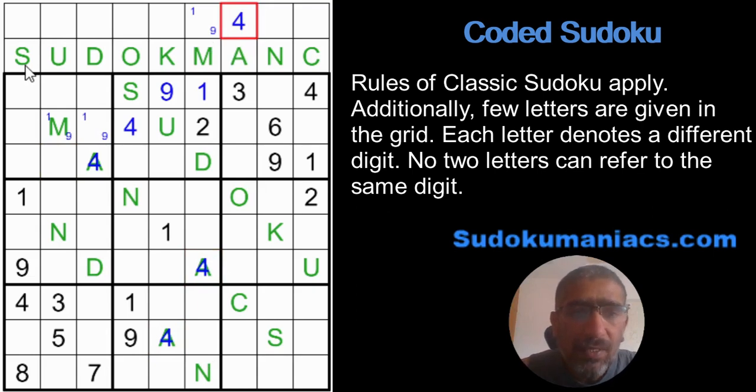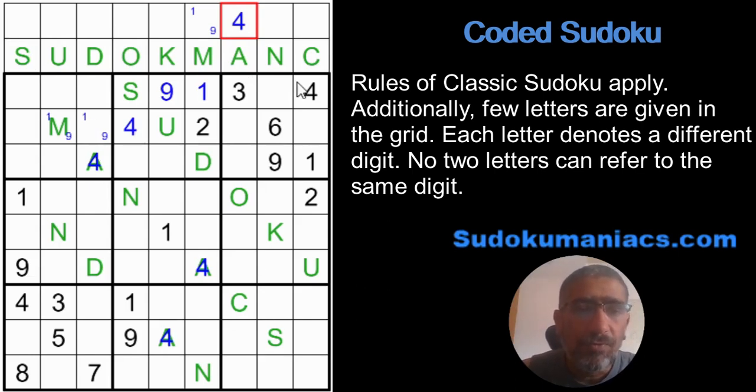Because now when you look at all these letters, there are 9 letters, right? And if each letter is a different number, it means I am covering all the numbers 1 to 9. So technically speaking, the individual instance of all these letters, one instance, forms an extra region of 1 to 9. And that is why this will be helpful to us, which we will see down the line.